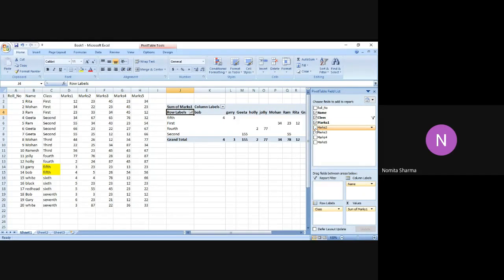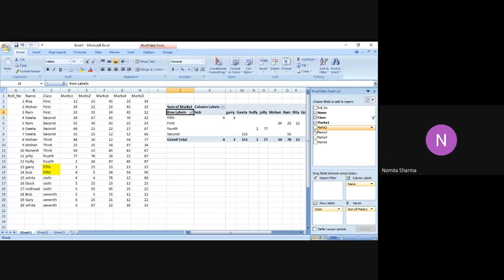So Excel will automatically see which field should come in which section. And since in values we deal with the processing of numbers, we won't be processing the name, but yes, we may have a need to count the name. That also we'll see after this pivot table.